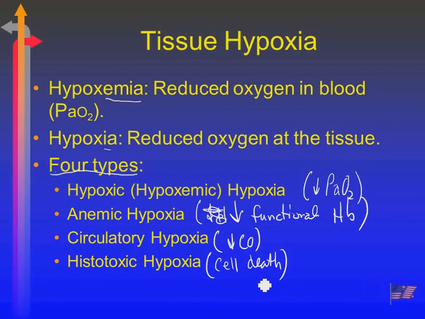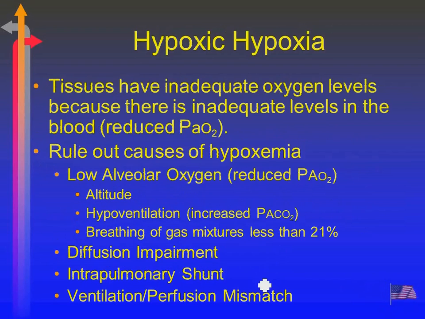First one is hypoxic hypoxia or hypoxemic hypoxia, and this is where tissues don't have sufficient oxygen to do metabolic function because there's not enough in the bloodstream. Plain and simple. It's really easy. So for that reason, we have to rule out the cause of hypoxia, and there's really 5 of them, as far as a cause. The first one is something which causes the alveolar value to be reduced. And if you remember back what the alveolar air equation is,